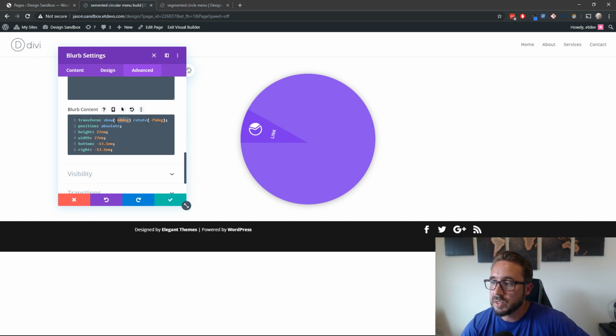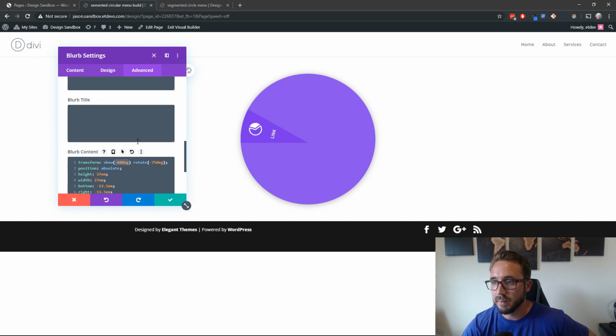As you can see, the transform skew here is set to -60 degrees, as opposed to what the blurb was set to, 60 degrees. So that's one of the ways we unskew it. And then we have to position the blurb content so that it lines up nicely and centered inside of the skewed blurb module. All right, so our link text underneath the icon has a bit too much space,